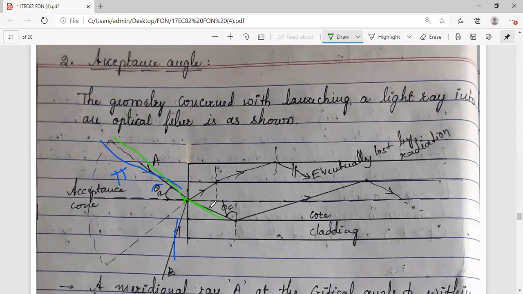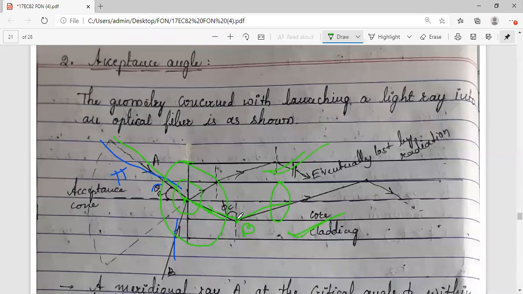After that, it continues. And at this point, say point B, it undergoes a reflection, total internal reflection. Important point to remember is this complete part is core, and these two are the parts of the cladding, right? This is your center core. This is the front view. So these two lines, what I'm indicating, it is cladding, and this is the core.